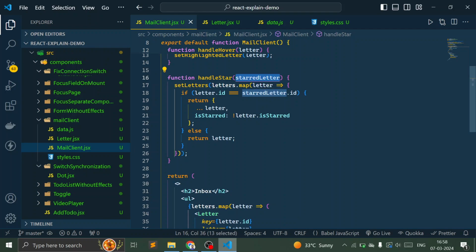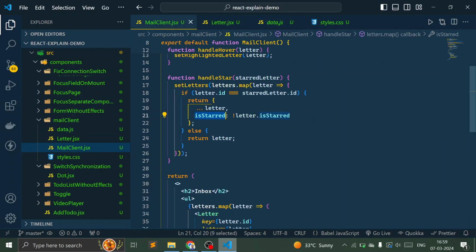If so, we return a new object. If you have seen my previous video, this creates a whole new object with the present values of the letter using the triple dot operator. You can look up the JavaScript spread operator to see how it creates a new object. And I'm only changing the isStar property of this letter,